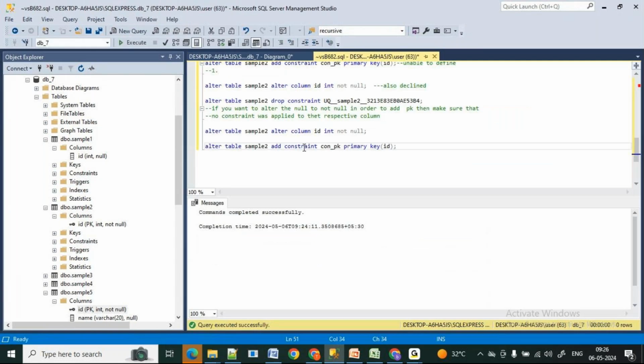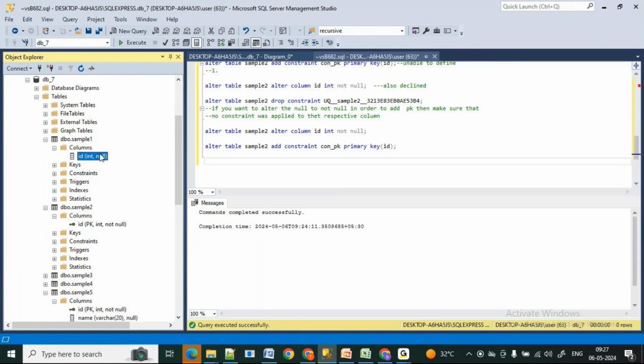Now I am trying to create it. Sample 2 was having primary key constraint. Now I'll be adding foreign key to this sample 1. So like this only, the table got displayed here also, right? Here also the same I have previously, before adding primary key. When I tried to add primary key to this column, it showed some errors and I resolved that. Now I am trying to add foreign key to this column only.